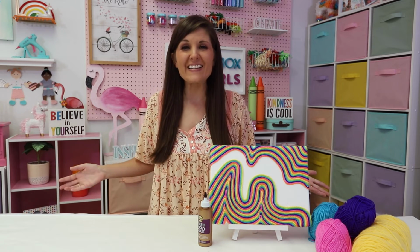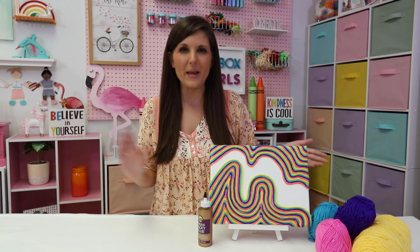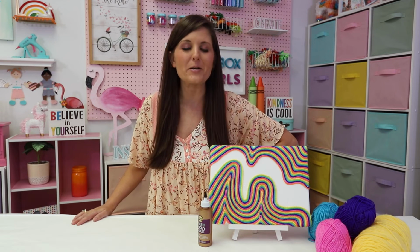Our yarn art is done and I love how it turned out, and that Aleene's Turbo Tacky glue dried so